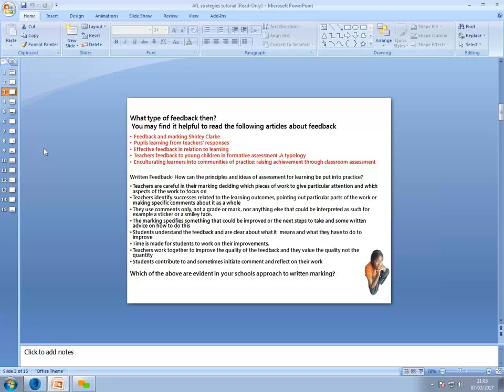But teachers have to be careful now in their marking, deciding which pieces of work you give particular attention to and which aspects of the work to focus on. What you'll notice in the units that you're doing and the ones that you've done, if you are involved in the teaching level 5, well, those of you that have received feedback from me will find that I've written in each element of each part of the unit,